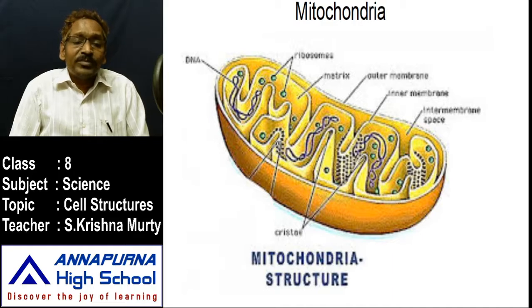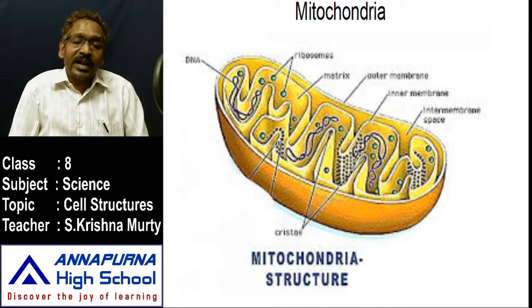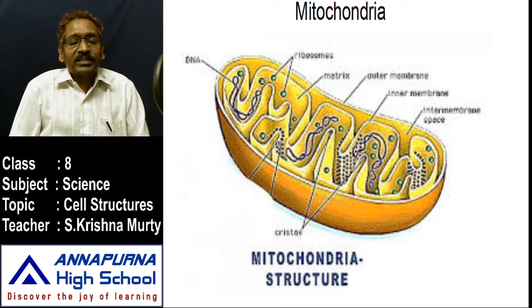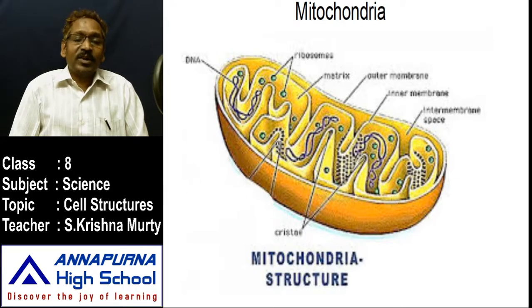When we observe the mitochondria, they are enclosed with two membranes. How many membranes are there? Enclosed with two membranes, and it shows a rod-like or cylindrical structure. The outer membrane and the inner membrane, two membranes are there. One is the outer membrane simply, and the membrane enclosed inside by making foldings is the inner membrane. It is also known as cristae. What is the inner membrane?